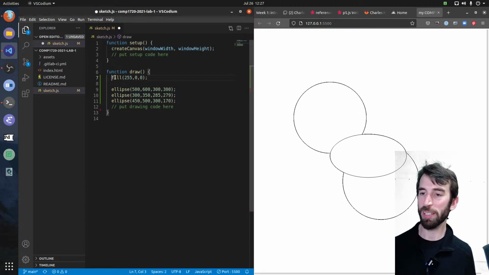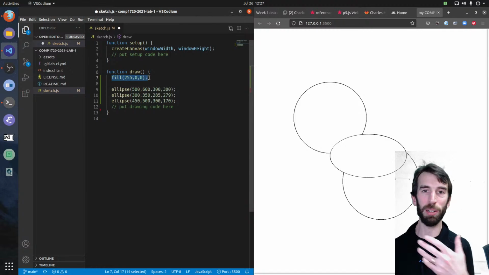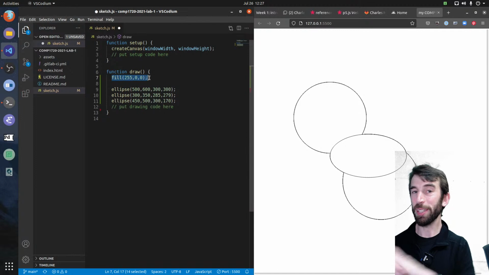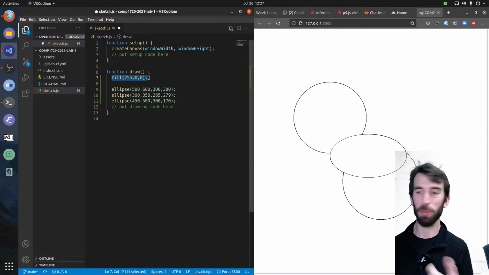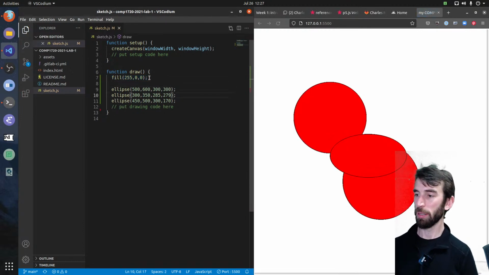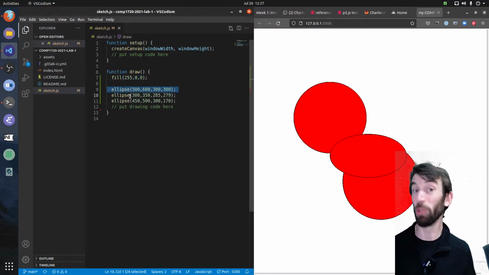And what this command is going to do is basically tell P5 to fill everything with red color from now on. Pick up the red paintbrush and start painting with it. And then everything else that you do after that will be filled in with red. So now I've got 3 circles and they're all red. I haven't just made the first circle red, I've made them all red. And you can see that this last one's overlapped them and colored them in red.